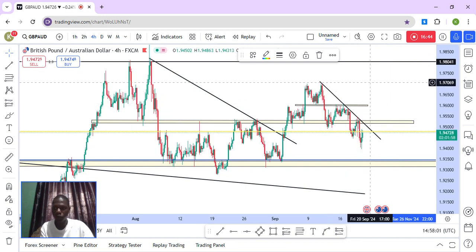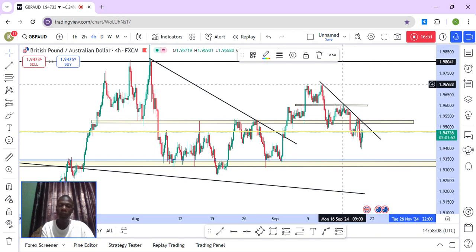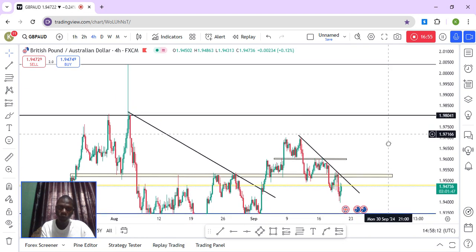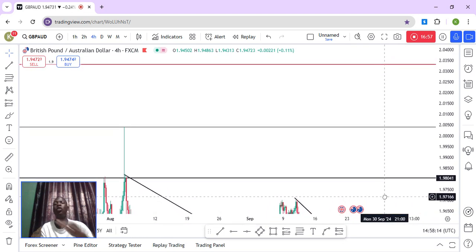Our first level target will be this 100% retracement, which is 1.9700. Then if the market should take that out, our next level target will be 1.9800. If the market should take that out, you just have to ride all the way to 2.000, which I know for a fact that the market is going to do. The reason why the market has been moving mad lately is because of the fundamentals. So there's nothing to bother us.